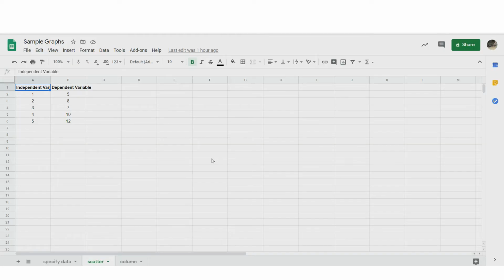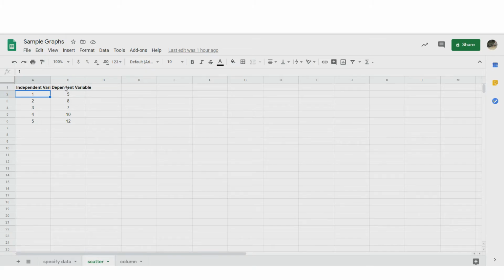Next, we'll look at how to make a couple basic graphs on Sheets. First up is a scatter plot. We've got some generic data entered here. In terms of data entry, keep in mind that everything is contained within these cells. So even though you can't see the whole word variable here, it is contained within that cell, and you can see that up here. It'll show you the entirety of whatever's entered in the cell.